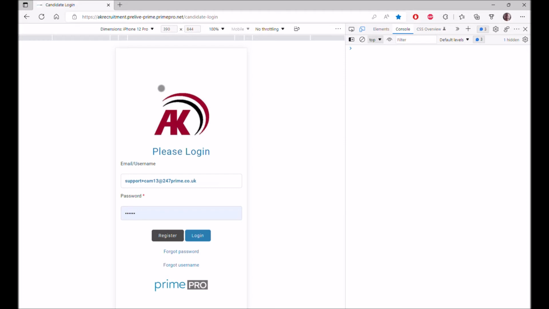Today we're going to be looking at the candidate login page, and I'm emulating an iPhone 12 Pro. This is typically what the candidate would see when they view your login page. So it looks very much like an app. You can see at the top is your logo, so that would be the agency logo here, showing your branding obviously to the candidate. And because the candidate's already got a login, they simply type in their username and password